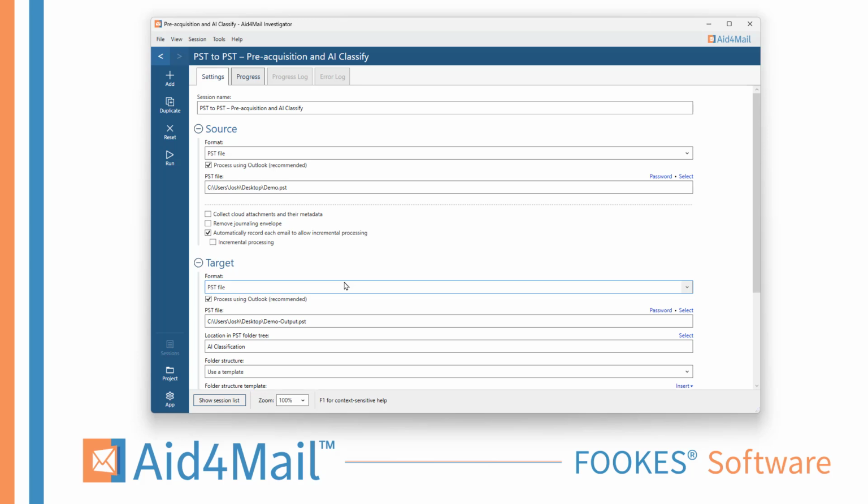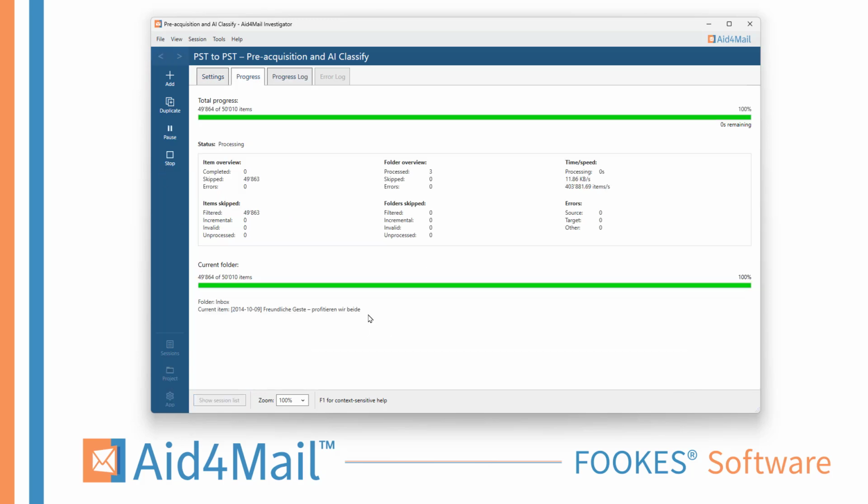And now Aid4Mail will process through these emails against the prompt that I've added, and it will classify them automatically. The best models achieve 95 to 97% accuracy. So I'll now run this session, and you can see Aid4Mail already skipped quite a lot of emails, and that is again because of our pre-acquisition filter. But now I will open up Outlook